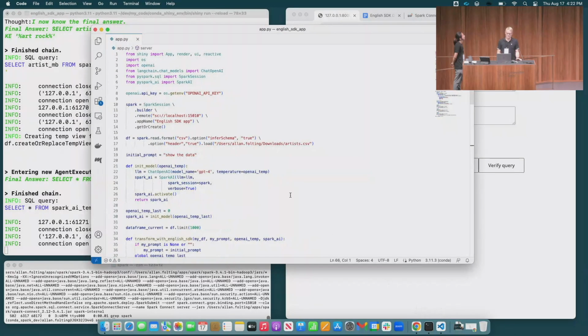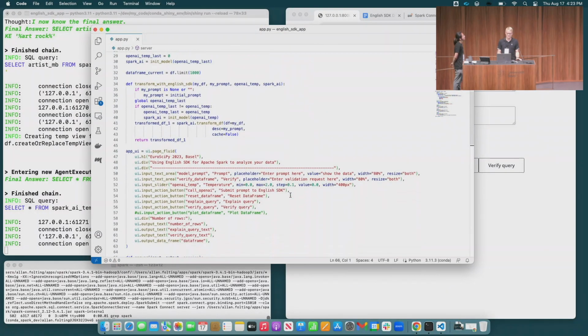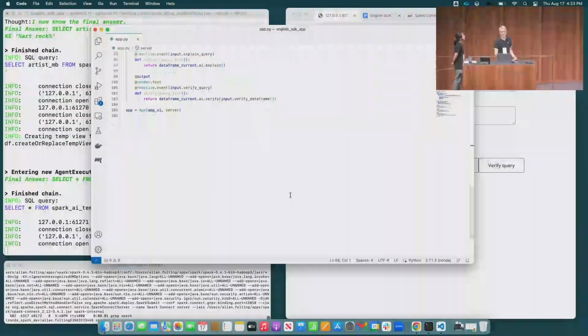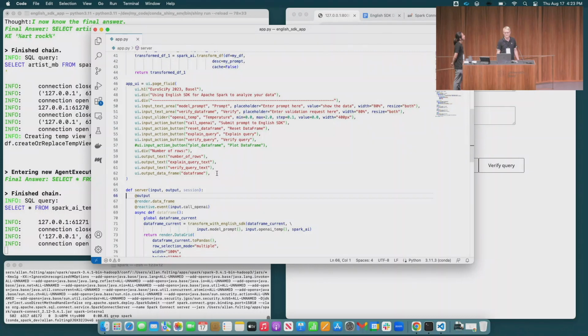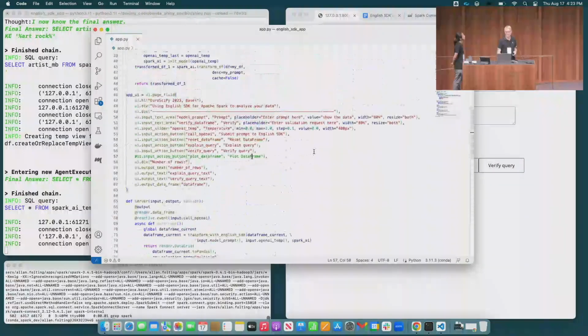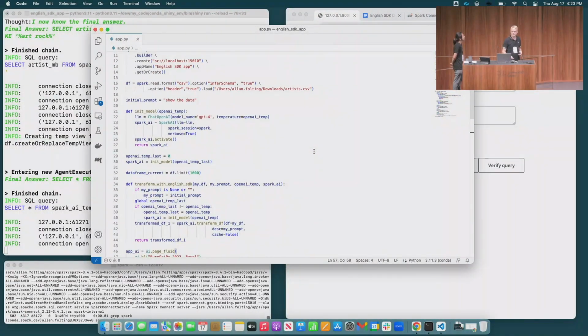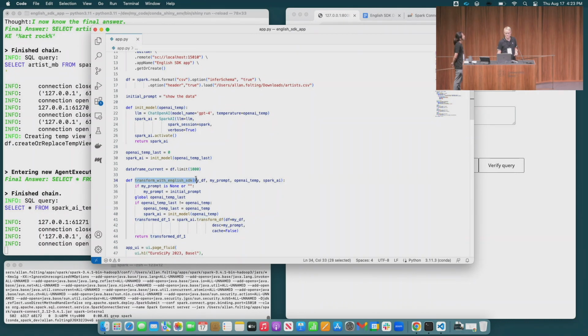I have this fairly small program here, which is just a Shiny application, so Shiny for Python, where, of course, the majority of the code here is just setting up the screen, adding the various controls and text boxes, etc. And I have a little bit of code down here and up here, functions that are calling, for example, here I have a transformer function that's using the English SDK to do the transformation. And it's very little code on my part, but that's what's behind this.